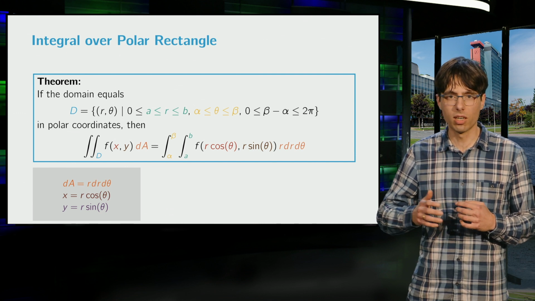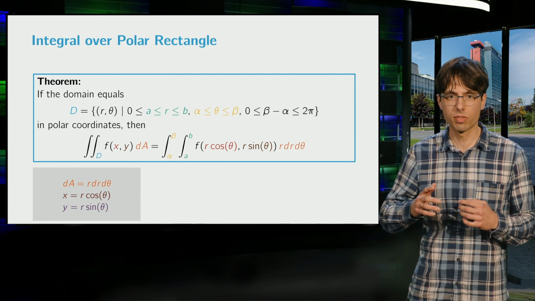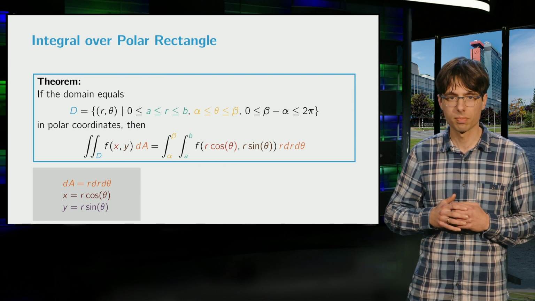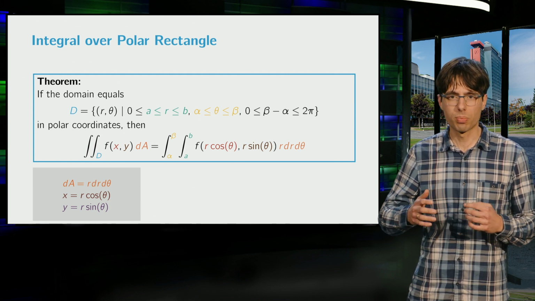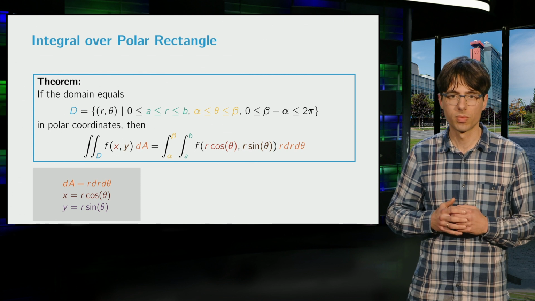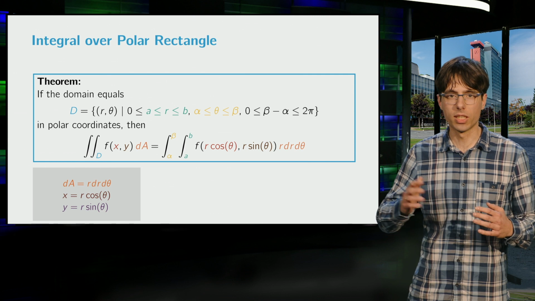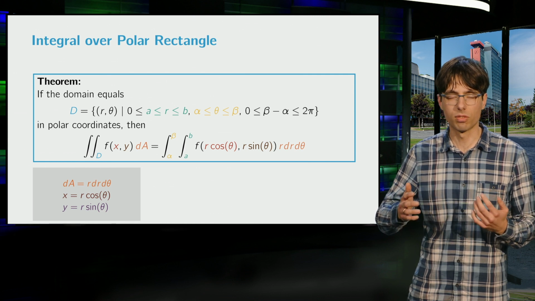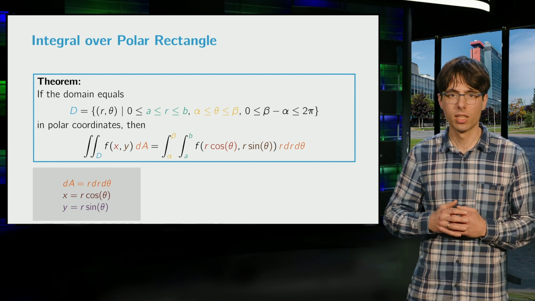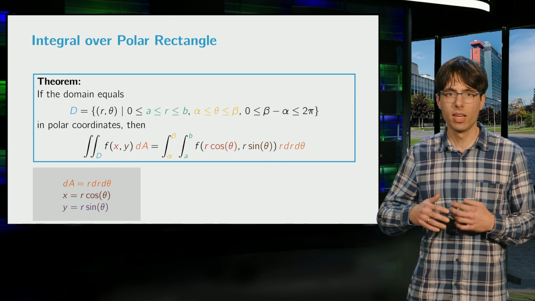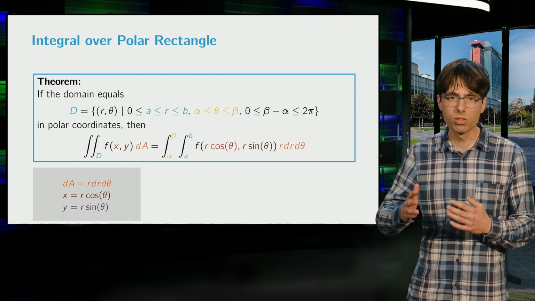This extra factor r is called the Jacobian, and it is essential that you do not forget it in your computations. The resulting integral is now an iterated integral, which you can proceed to compute as you are used to. Note that the constants a and b, which we defined as the lower and the upper bound for r in the definition of the region D, now appear as the limits of the inner integral over r. Similarly, alpha and beta, the lower and upper bounds for theta, appear as the limits of the outer integral over